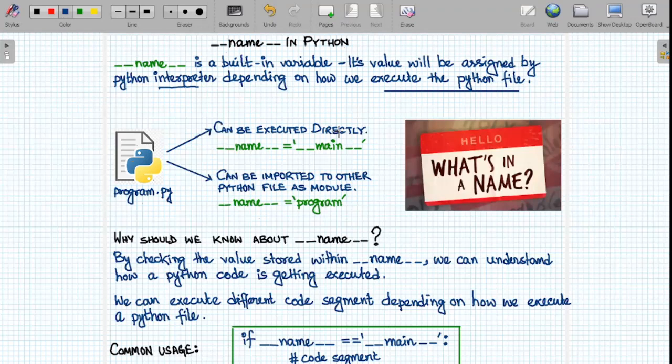Now, if we are executing the Python source code directly, the value of __name__ will be __main__, and this value will be assigned by the Python interpreter automatically. Whereas if we are importing this Python source code into another Python file as a module, then the value of __name__ will be the file name itself. As you can see here, the Python file name is program, and that is the reason program will be assigned